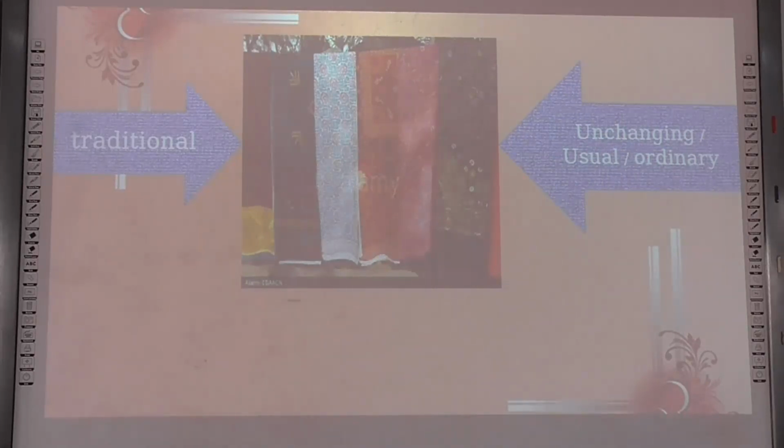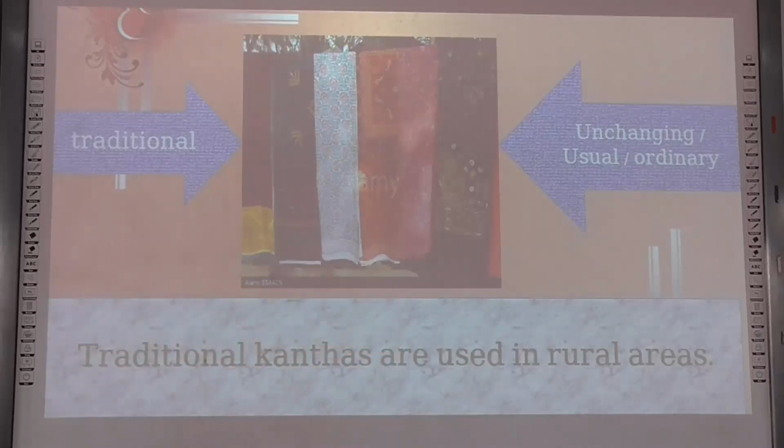Traditional, this word we call in Bengali ঐতিহ্যবাহী। Unchanging, that means অপরিবর্তনীয়। Usual or ordinary, that means সাধারণত যেটা প্রচলন দেখা যায়। Okay, traditional kathas are used in rural areas. ঐতিহ্যবাহী যে কাঁথা সেগুলো গ্রামীণ এলাকায় বহুলভাবে ব্যবহৃত হয়। We have used this word traditional in a sentence and we found that traditional kathas are used in rural areas. That means ঐতিহ্যবাহী কাঁথা আমাদের গ্রামীণ অঞ্চলে ব্যবহৃত হয়ে থাকে।